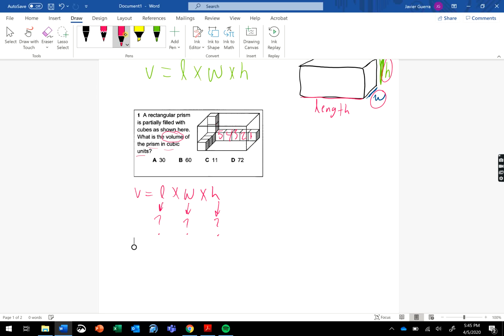There's a foundation, there's a base under it. So we have 6, one that we cannot see. So we know that our length is 6. We can jump over to our width,